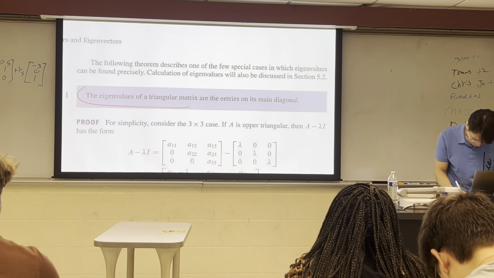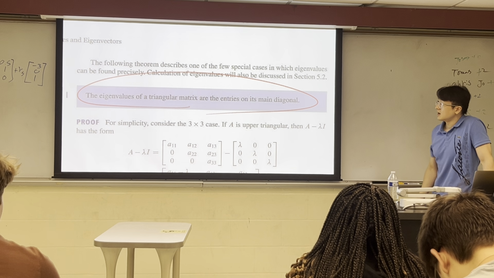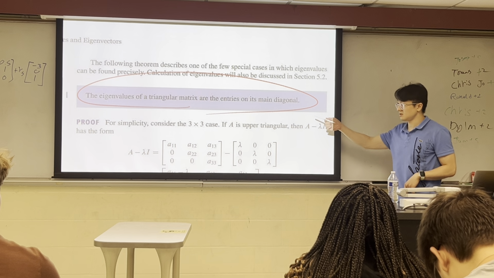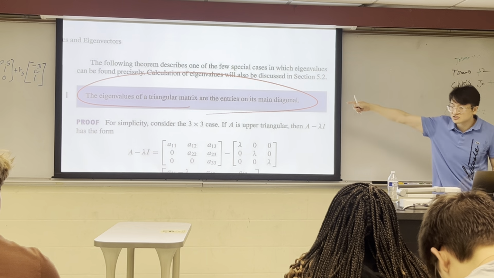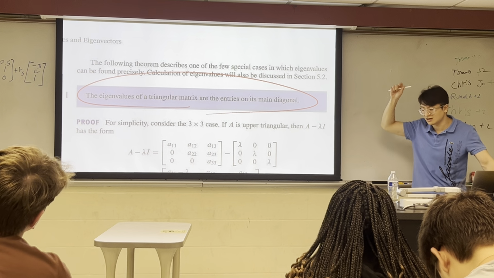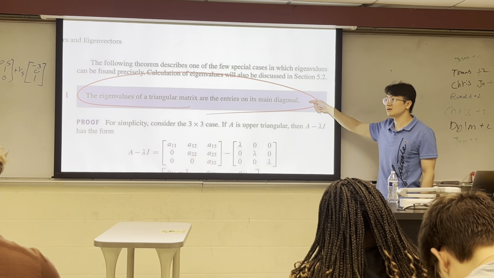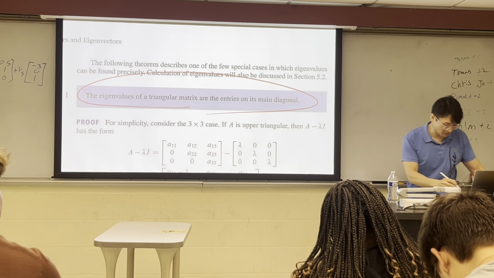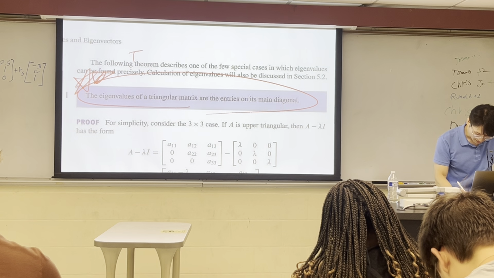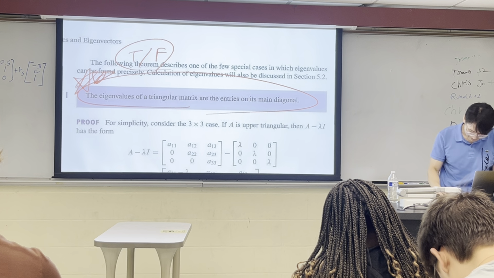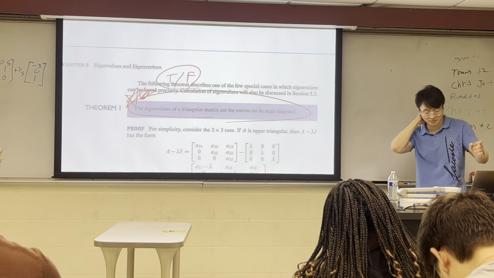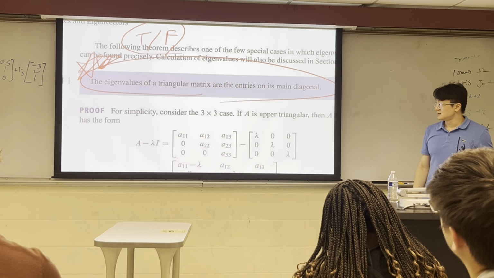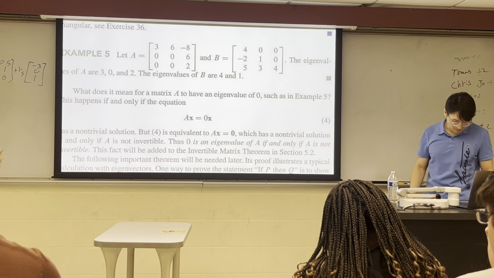So here, property: eigenvalues of a triangular matrix are the entries on each diagonal. I actually want to force you to know that because it's very useful theory in machine learning. It's very true or false. I actually hate to force you to memorize it, but really I want to emphasize this. There's a proof, but